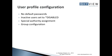So after you consider the global settings, or setting the tone of security across your system using the system values, the next thing that you probably consider is how your user profiles are configured. When you look at security best practices, there's a handful of things that pop out. One thing is that there shouldn't be any default passwords on the system. Another thing is that inactive users need to be set to a status of disabled and or removed from the system. So we're going to show you how you can use PolicyMinder to do those things, as well as analyze who has a particular